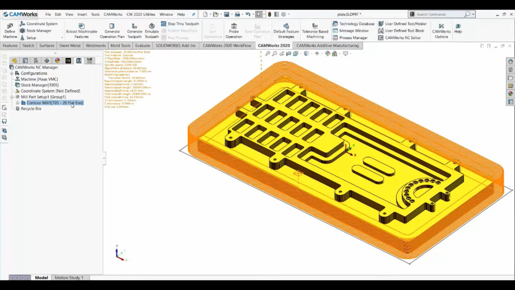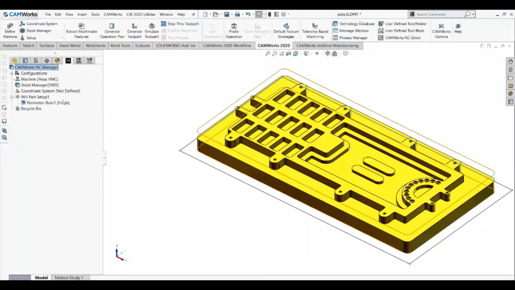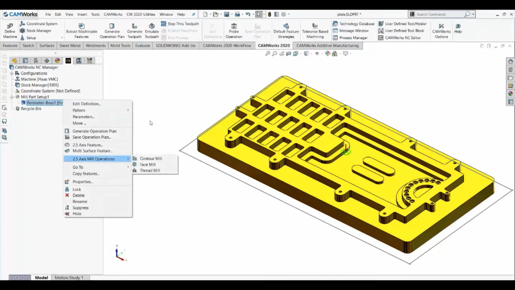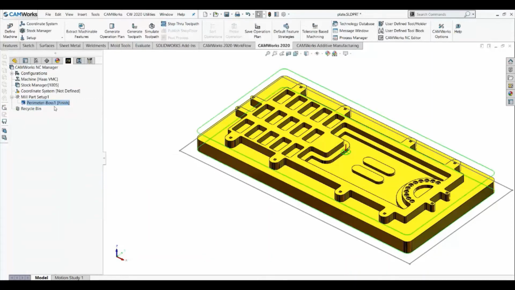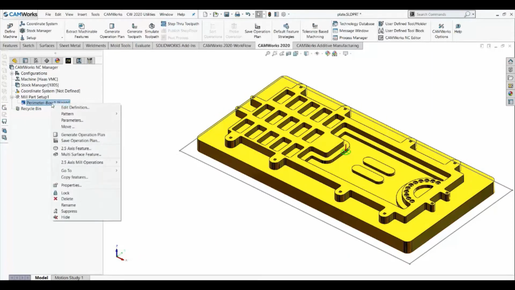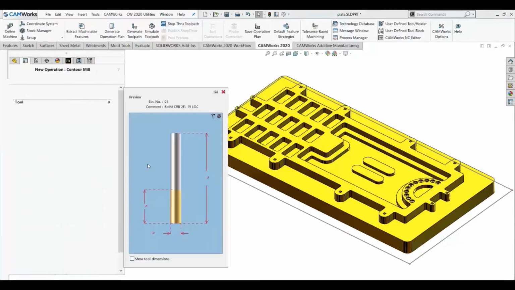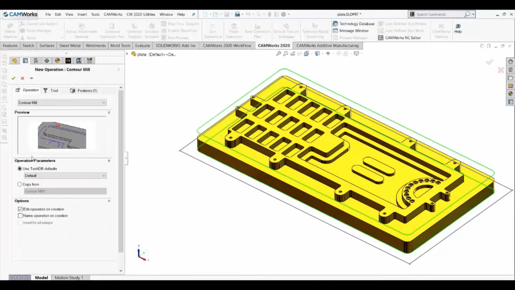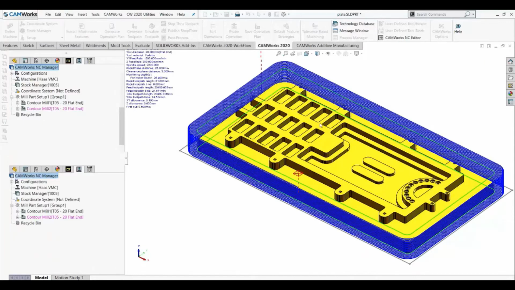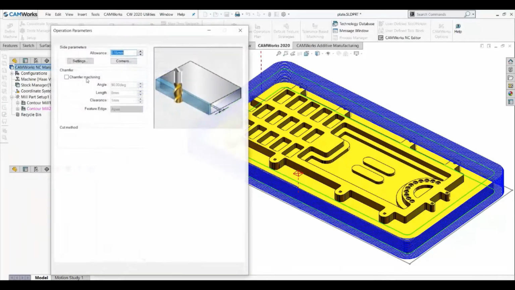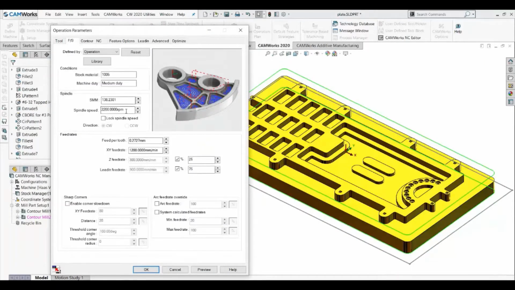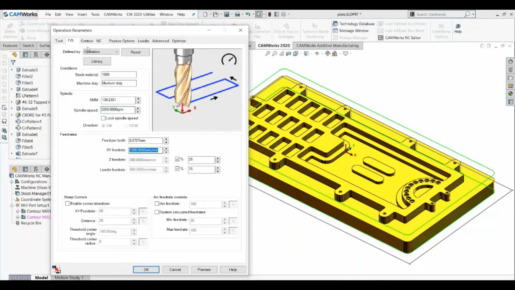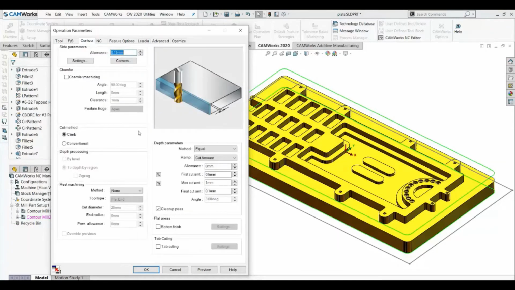So what you will do, you just copy this program or you can generate another program. For generating another program you need to right click on the parameter boss and generate a contour mill toolpath, right? You can select the cutter from there. In the operation page you can have the same contour mill toolpath, you can copy it from there. While copying you can see all the parameters will be there, so you don't need to enter them again.